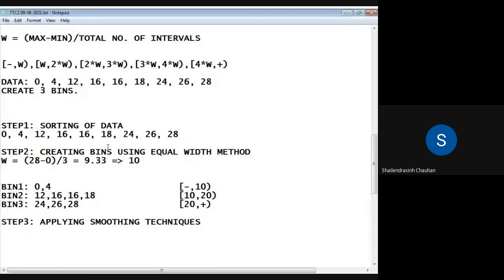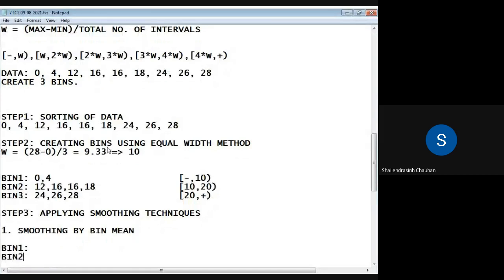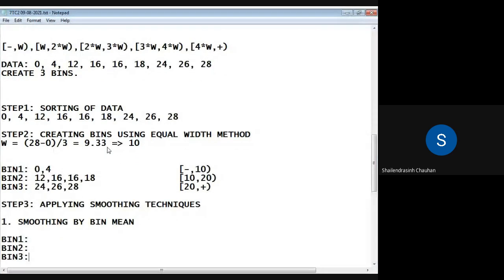So for example, first method, smoothing by bin mean. Bin 1, bin 2, bin 3, and we need to find out the mean value of each bin.